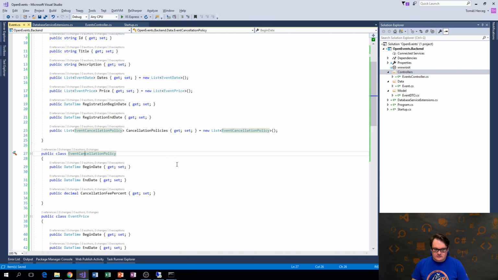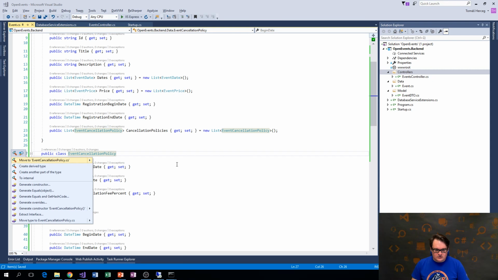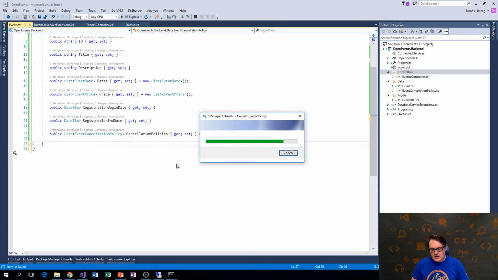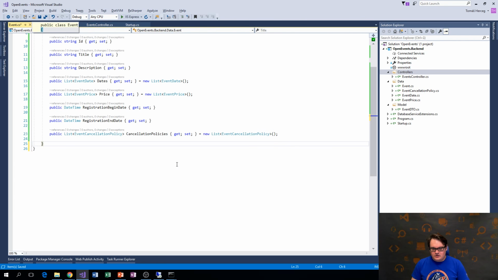Okay, so let's move these classes to individual files. So let's do this for all types in this file. So every class will get its own file, but still, in comparison to relational database, we still have one collection